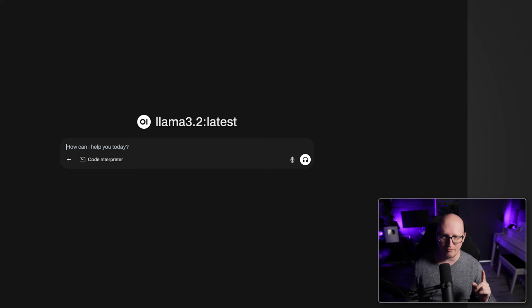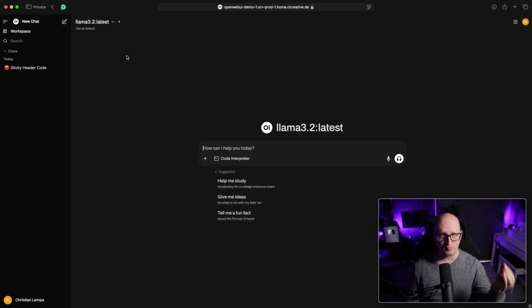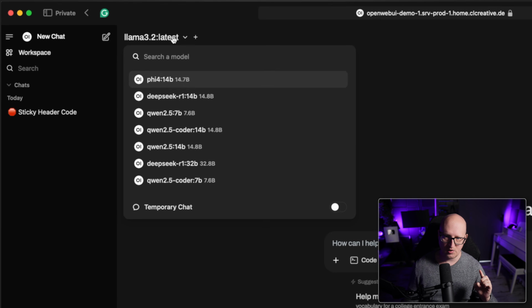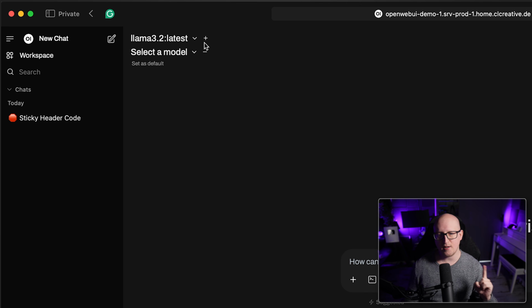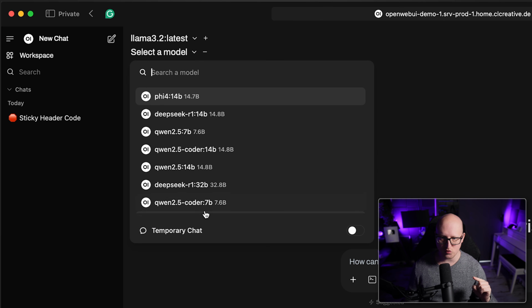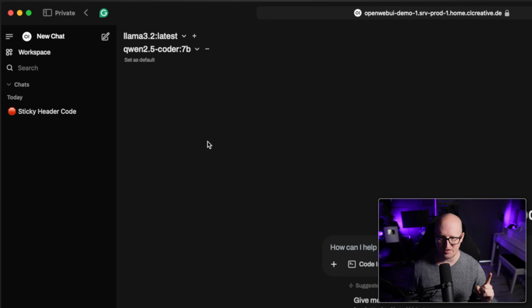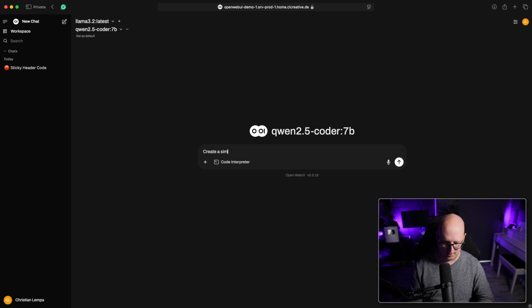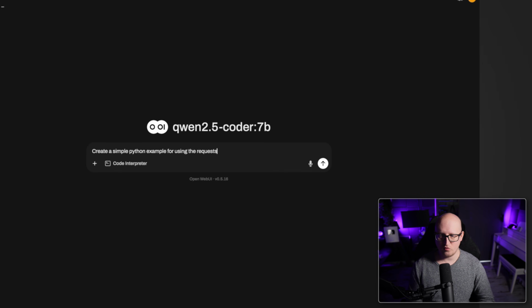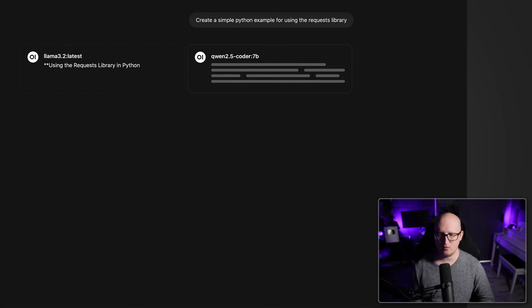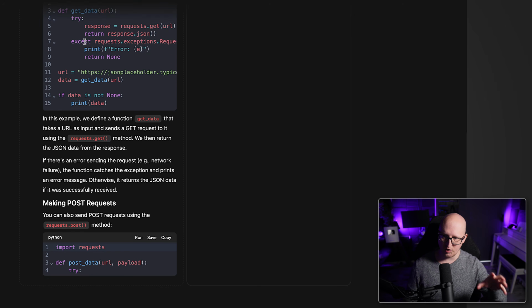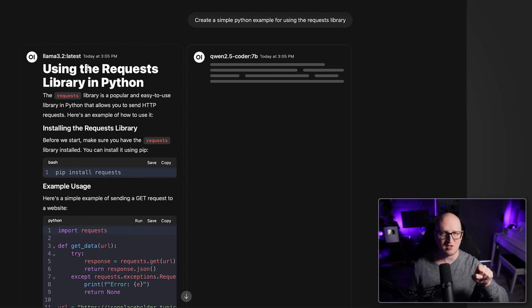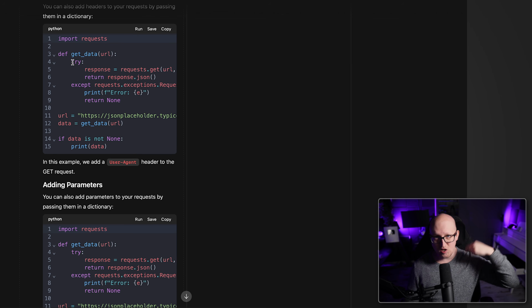And let's do a different thing. You can also load multiple models at once. So for example, let's use the Llama model and add another one, and maybe switch to Qwen Coder. Let's also use the 7B model. Okay, so that's fine. And let's generate a new task, for example, create a simple Python script using the requests library. And then you can see, because the Llama model is already loaded into my graphics card, it immediately starts